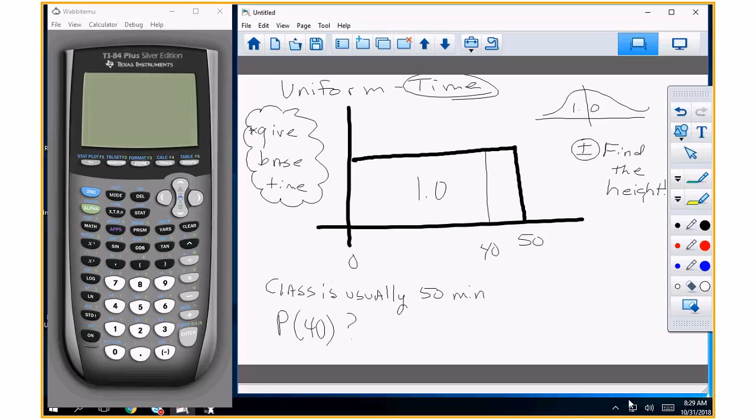Area equals length times what? Height. Yeah, or base times whatever. Area equals length times width. What's the area? 1. Equals length is 50 times